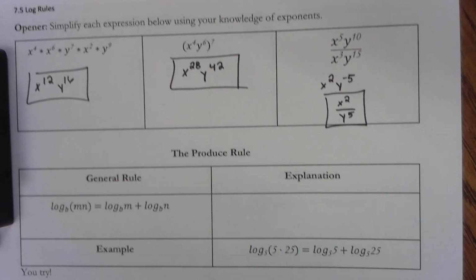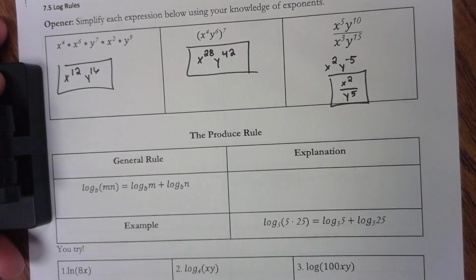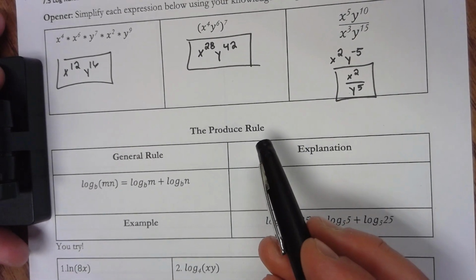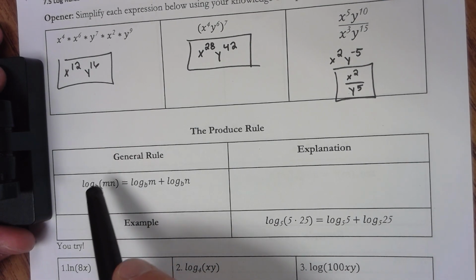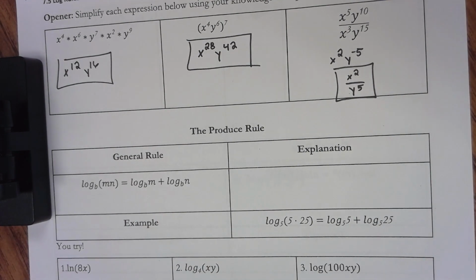So the first property we're going to look at, and I think we had this exact same name on the exponent properties, is the product rule. What the product rule is saying is that if we take the log of a product, meaning two terms or multiple terms that are being multiplied, we're going to expand that out and add the logs together. So I want us to write,